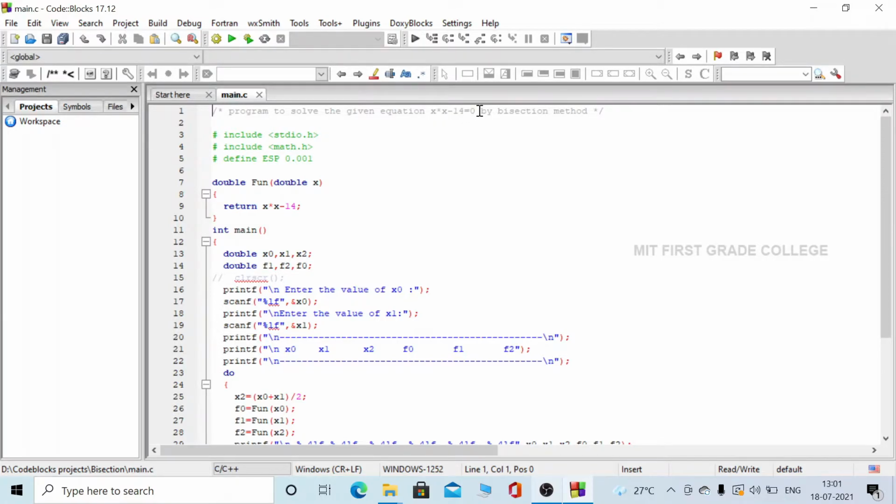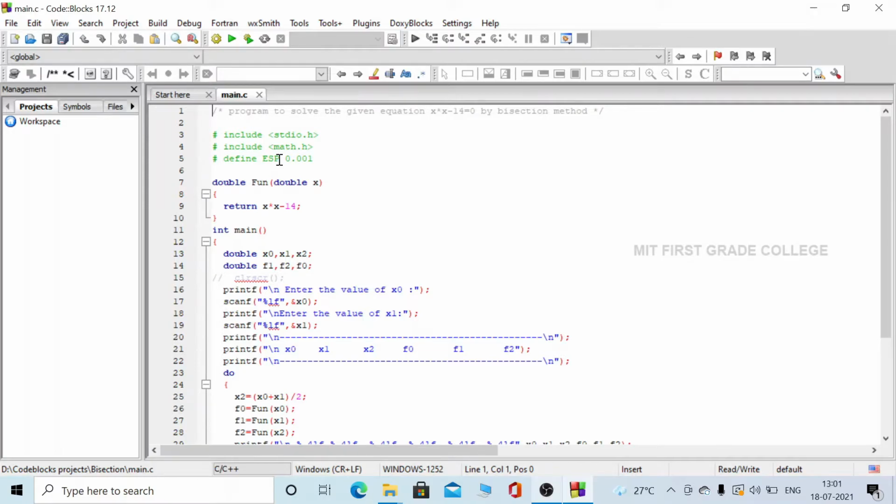Here you can see I am solving the bisection method for the function x into x minus 14 is equal to 0, that is x square minus 14 is equal to 0. Fine. So here you can see we are including two header files, that is stdio.h and math.h, and then we are defining ESP, that is epsilon.